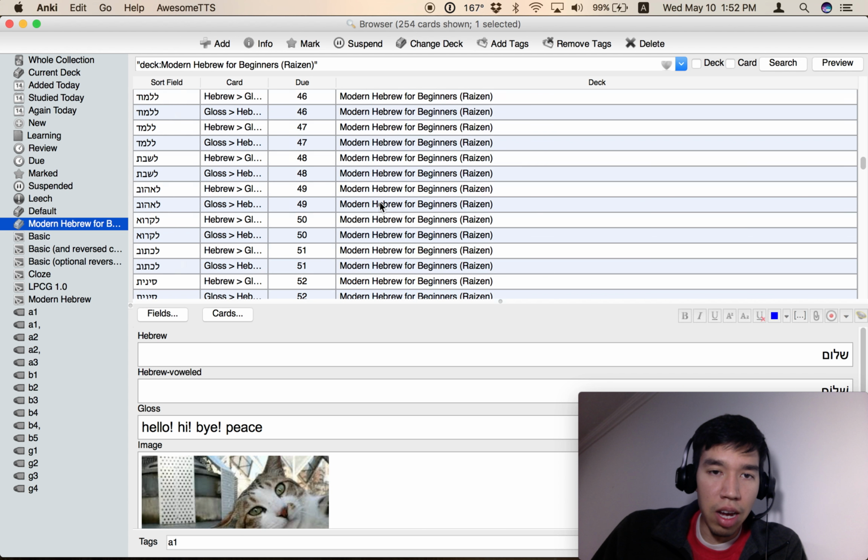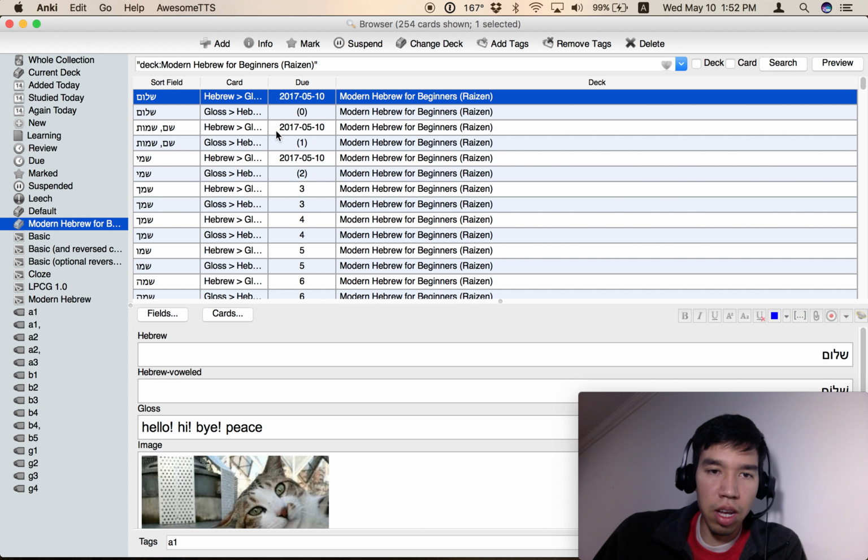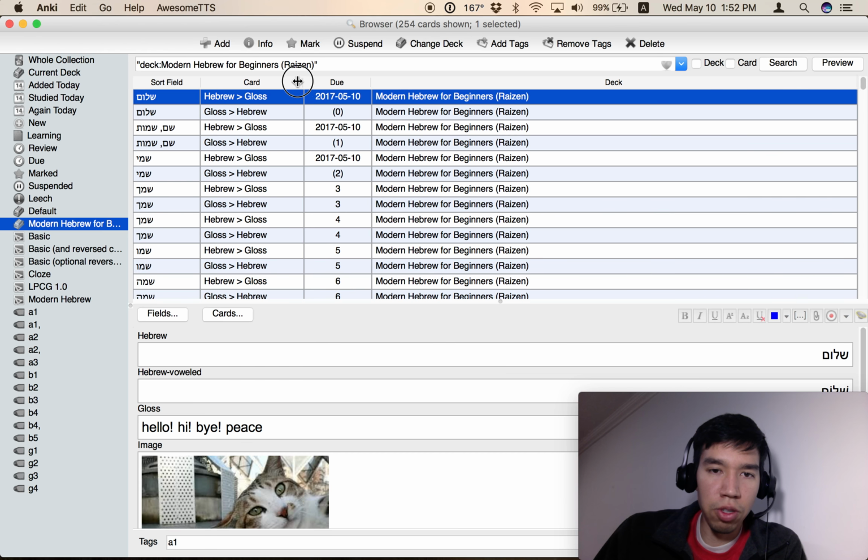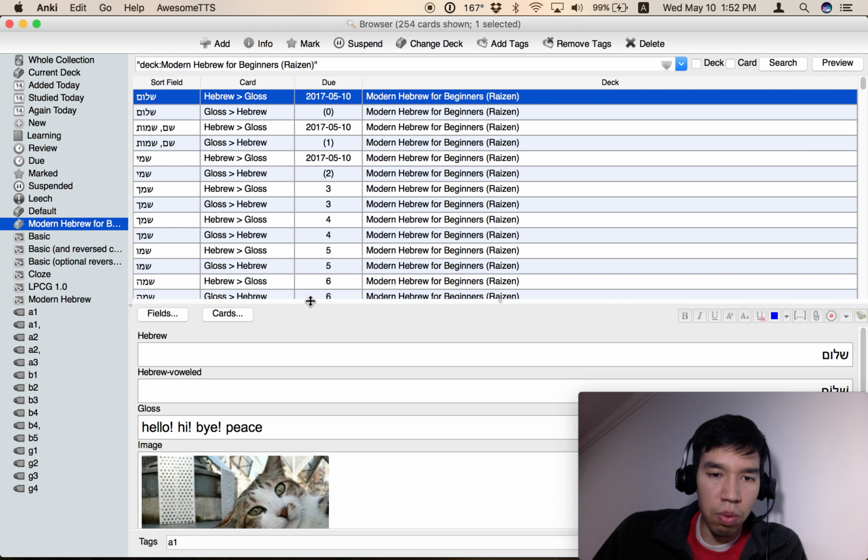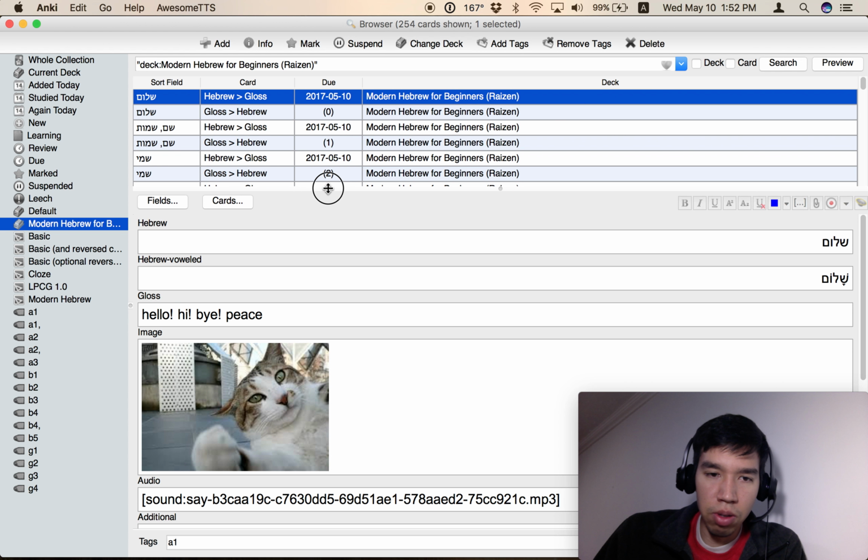So as you can see, there's a lot of information on here that I'll go over in some other future videos. But the real key here that I want you to become familiar with is this part down here. These are the fields for this note. Anki does have a little bit of a steep learning curve, which is actually why I'm making